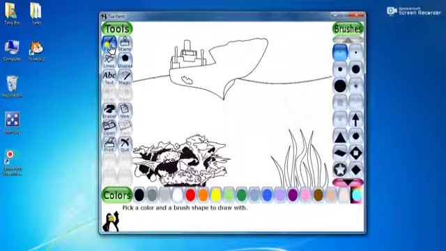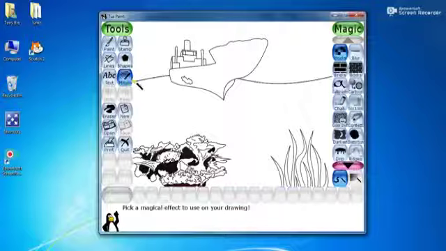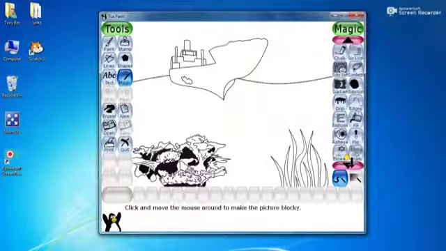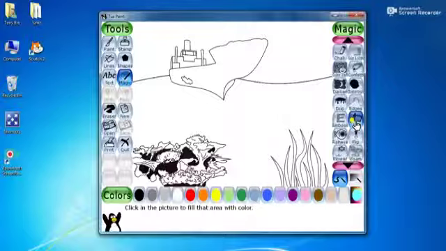So I select this paint tool. No, let me take the magic tool. The magic tool: pick a magical effect to use on your drawing. So I will use the fill tool, same as the fill with color tool, same function.